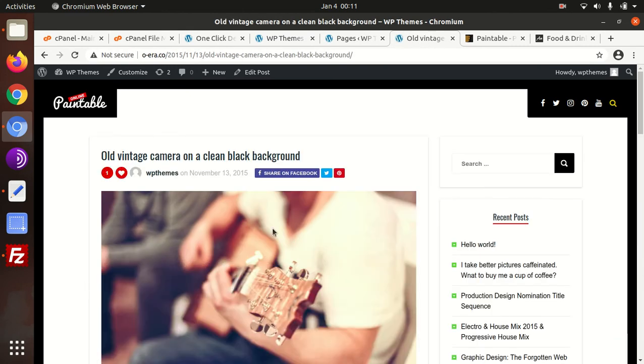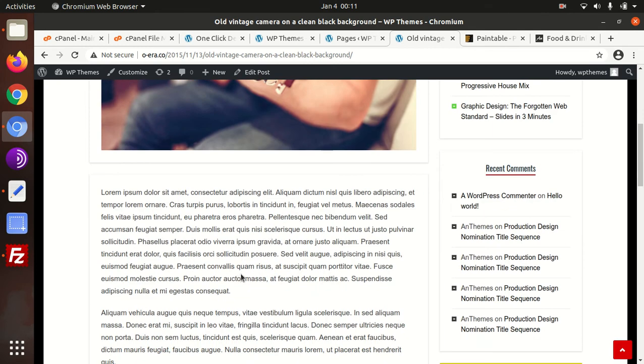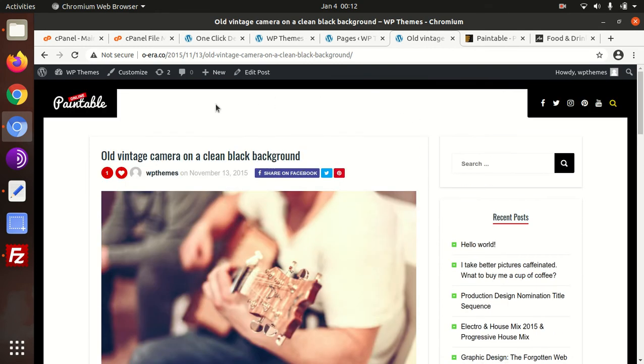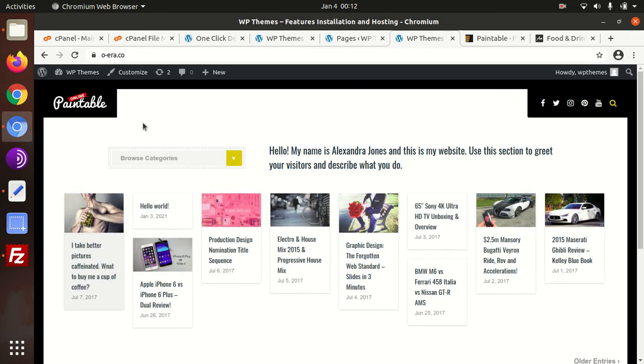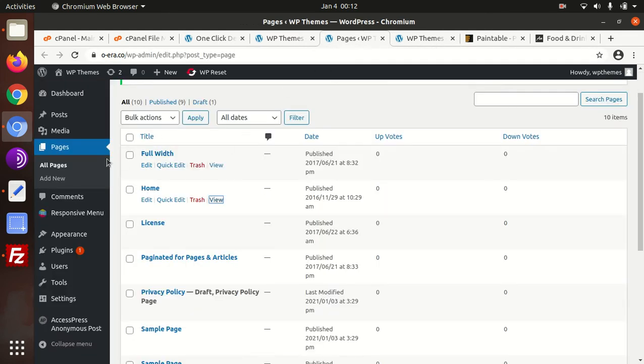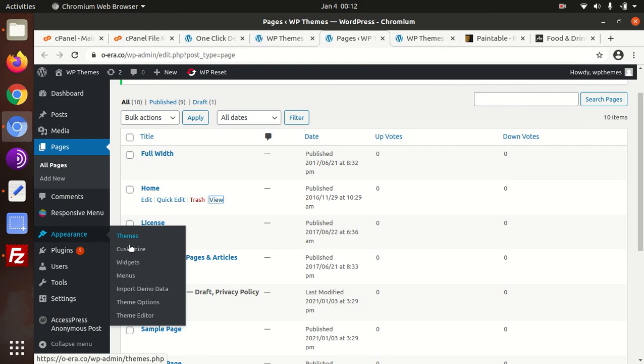You can see all the functions are working well. And we can assign a menu as well. Now let us go for some customization options.